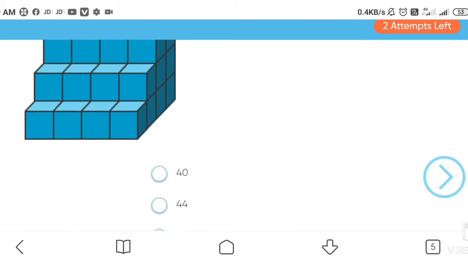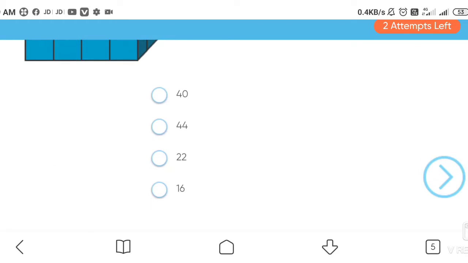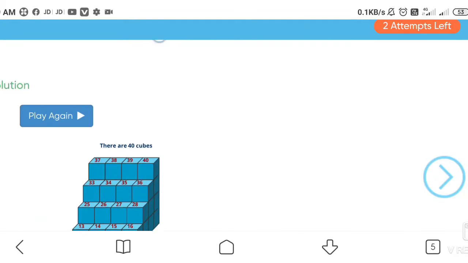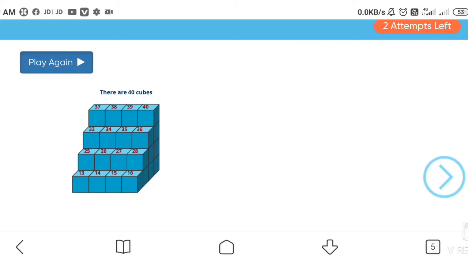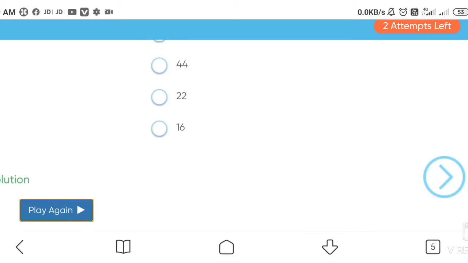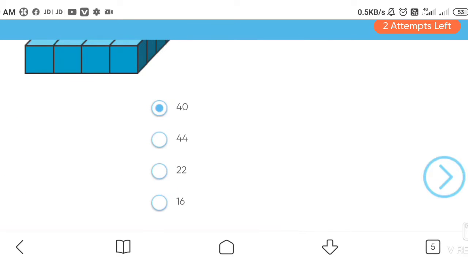Options are 40, 44, 22, 16. We have to find the answer. Now see, the answer is, there are 40 cubes. If we count all those cubes, the bottom and then upward, there will be 40. So our answer is 40.